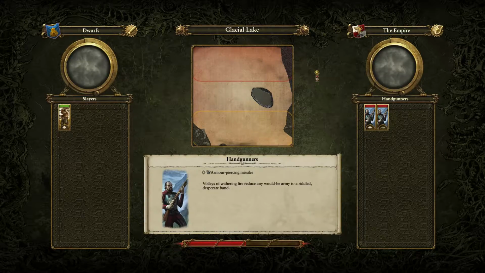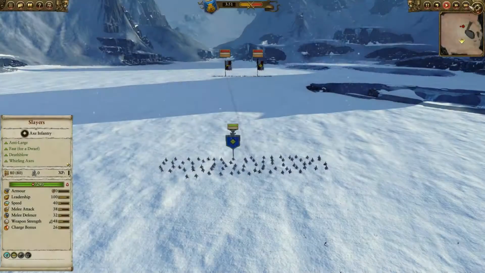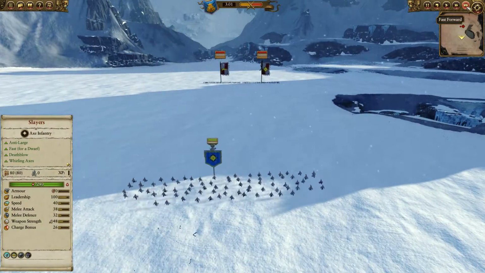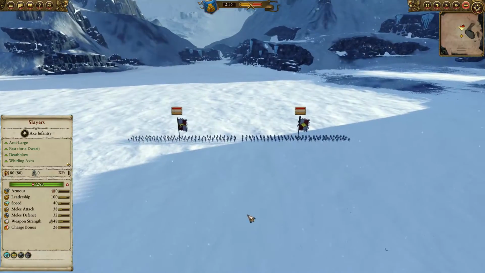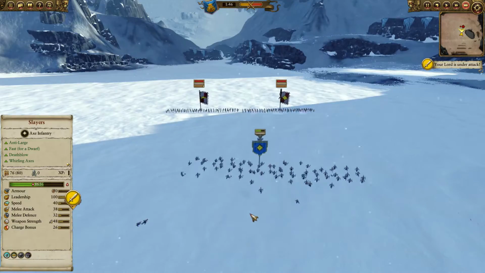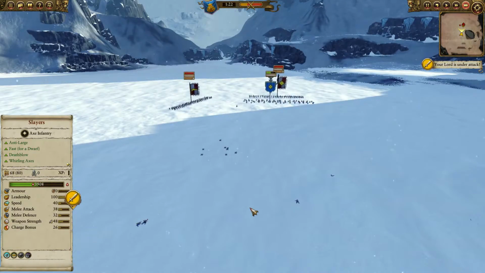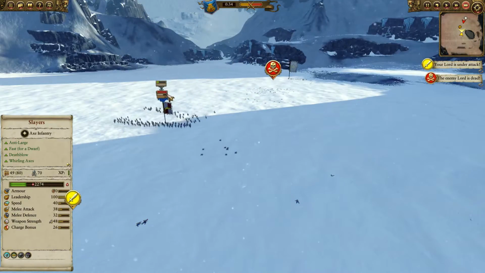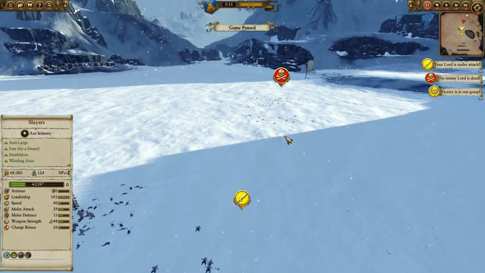Although you might find yourself in a situation where the handgunners will be firing into the backs of your guys. However, like I said, they do deal low damage per second. Their DPS is basically pretty low. So if you charge your enemy straight ahead, and I'm trying to use a wide formation again and now being fired into the back,